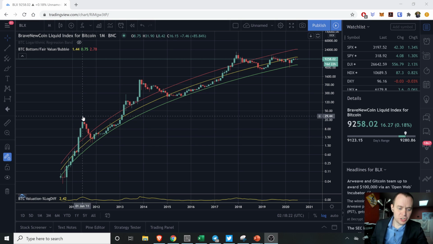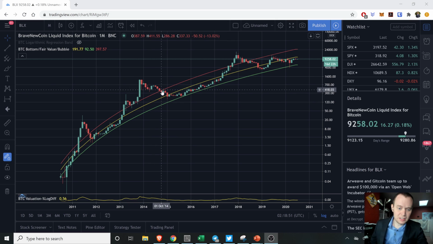Now, the first bubble, you can see, came up in April of 2011, came up to the peak in June of 2011, and then ultimately fell back down. And then in the second, you can see it came straight back to the green line, which is where it was before. Then it spent some time between the green line and the yellow line, these two regression lines here, before breaking through to above the red line. And then it came down to this support region, basically saying, okay, we're still in that speculative bubble phase, and then it continued on to a much higher high.